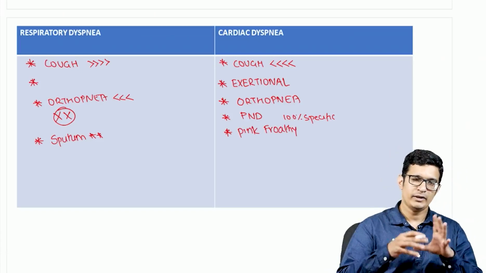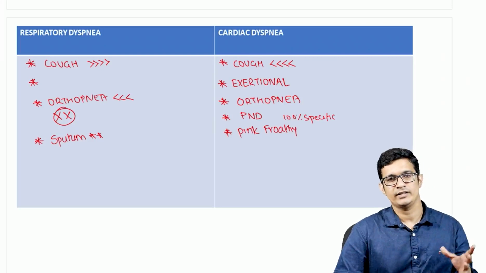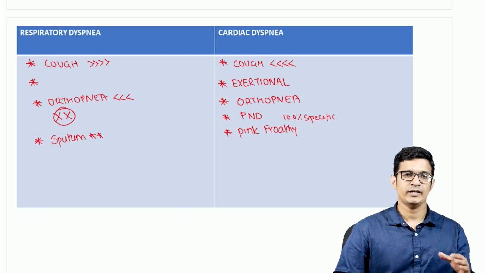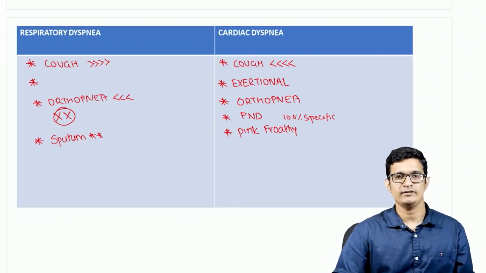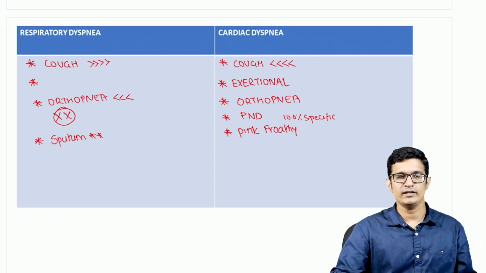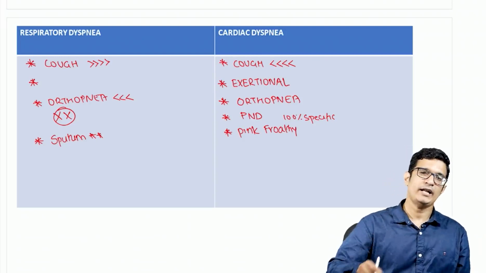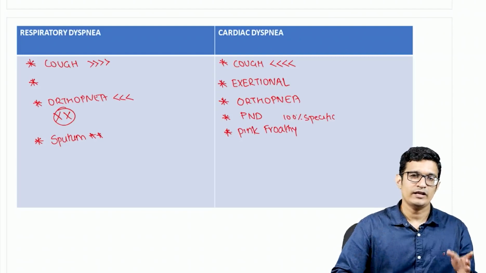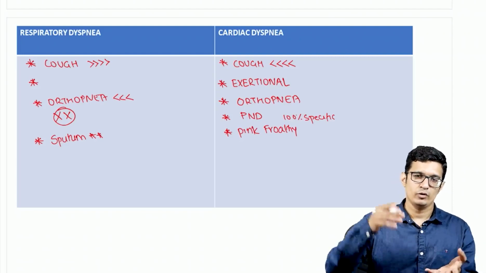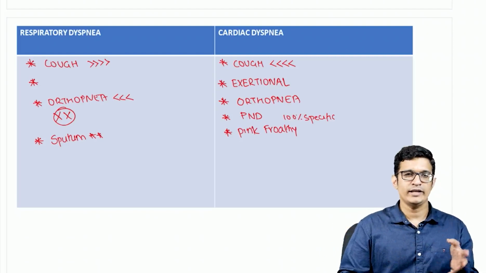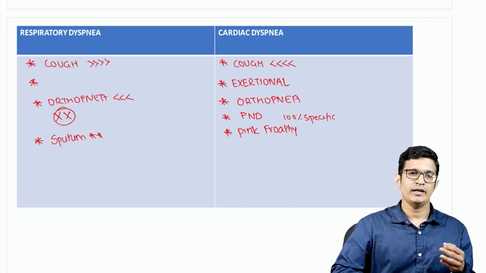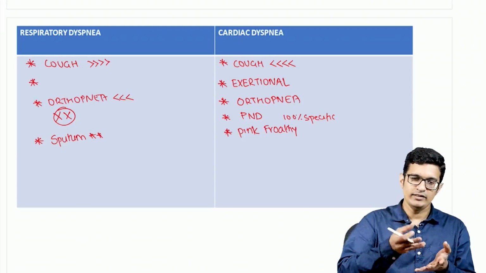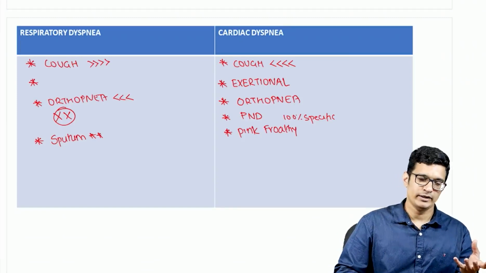So what happens is when the pulmonary edema increases in its severity, initially the fluid or the plasma that is exuding from the pulmonary capillary is going to occupy the interstitial spaces of the lung. Later on, as the fluid accumulation increases, this fluid is taken into the alveoli of the lung, and in the alveoli you all know that we have surfactant. This surfactant has the property of surface tension. So when air comes in, fluid is also there in the alveoli. This fluid is mixed with a detergent in the form of surfactant, and this fluid and air will mix, and finally what develops is a froth.